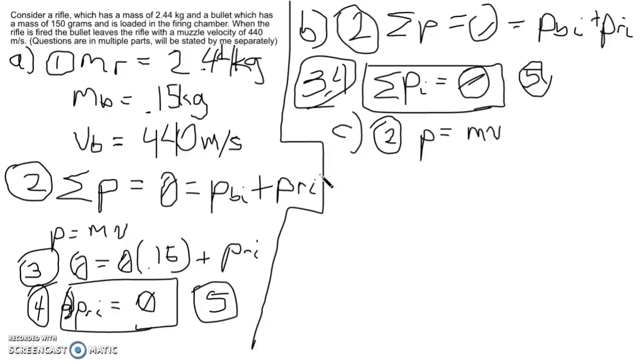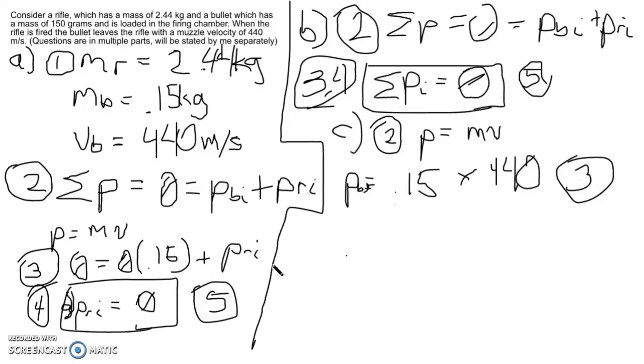So we just say P equals 0.15 times 440, and let's label this PB, or whatever you want. That's step 3, and 4, we get PB